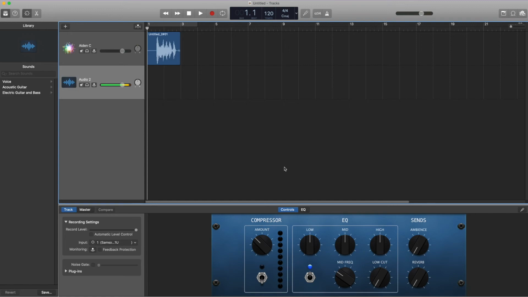That's pretty much the only difference between recording with one track and recording with more than one track. Otherwise, everything else is pretty much the same. If you know the basic controls, you can basically do everything else just fine with more than one track. Yeah, and remember to have fun.